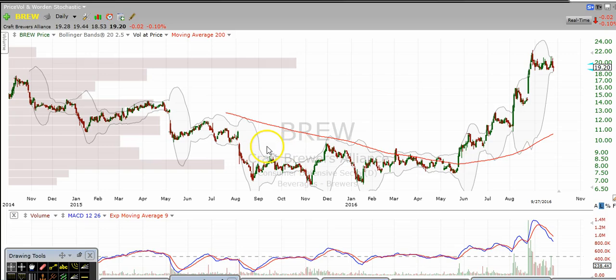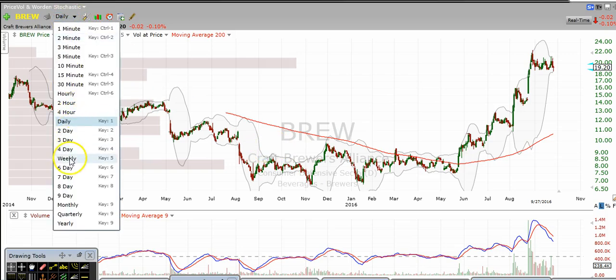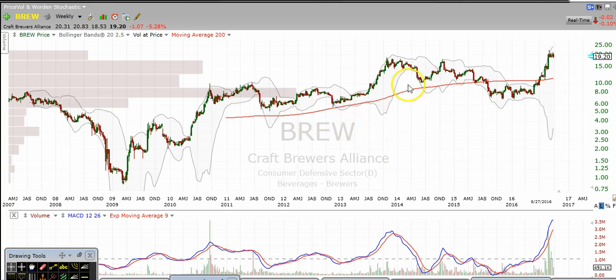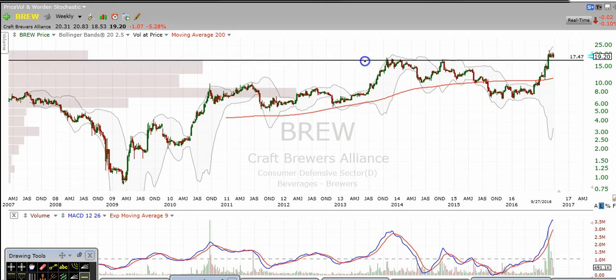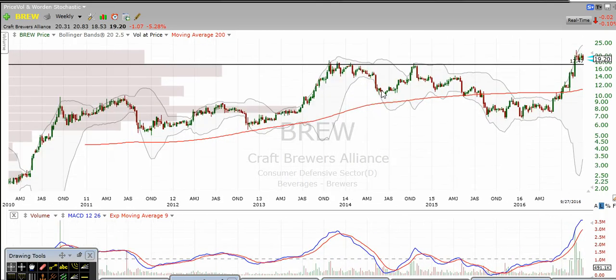Okay, I'll just go ahead and cover this one. I'm going to look at the weekly time frame. When you look at the wider time frames, you can get a much better idea of the kind of action that we're seeing here. So, nice bullish break over this resistance. This is a big level that we broke over, right around